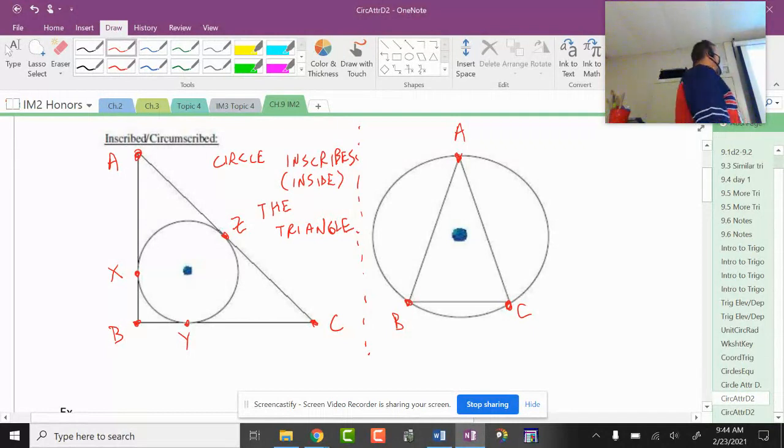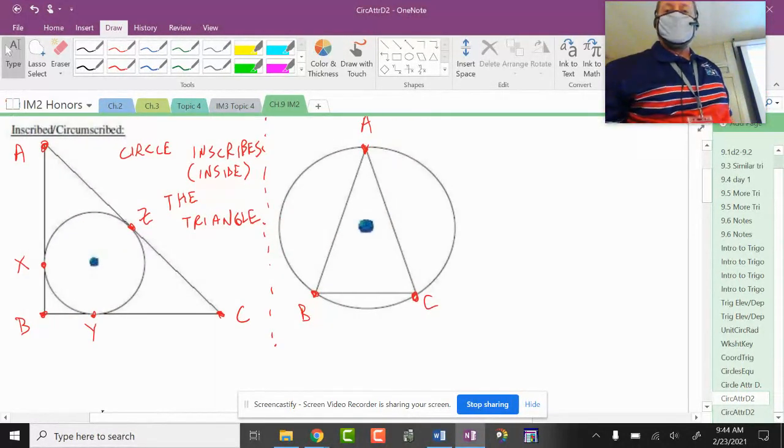And then if I reversed it, the word circumscribed would be used. So the triangle circumscribes the circle. So it's back and forth, because I'll show you that more on the next example. Okay, I gave the word away. This is the circle circumscribing. Now, one word I can think of,